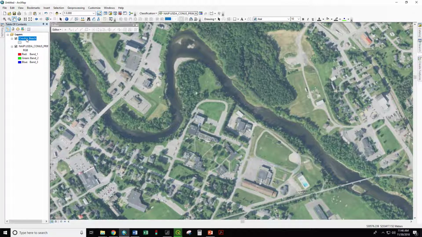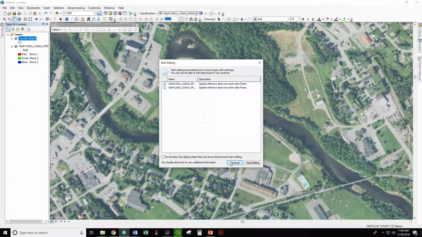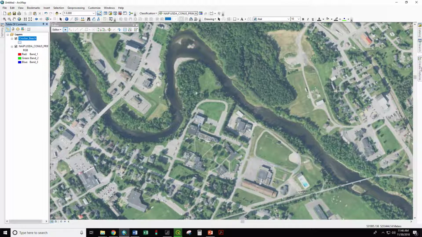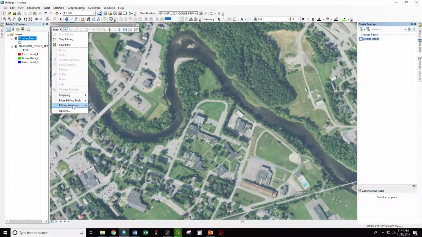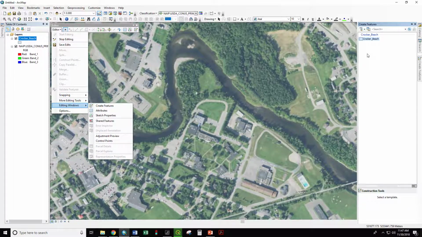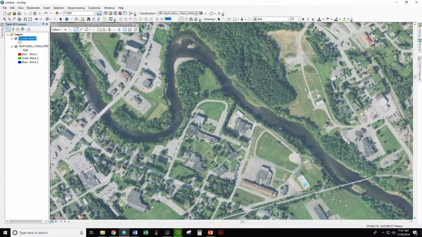We can right-click on Crocker Beach, edit features, start editing. And then we can go to create features. If we don't have this tab here, we can go editor, editing windows, create features. We need to select Crocker Beach and we're going to create a polygon. So we're going to start at the corner here, go to the road,